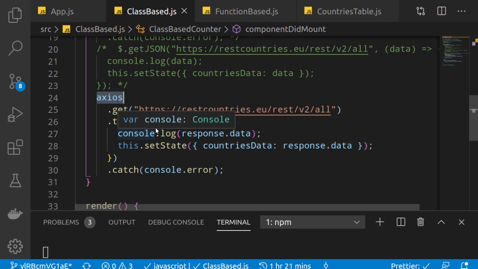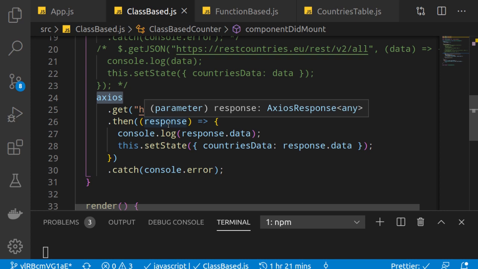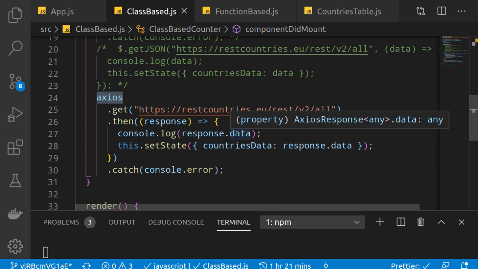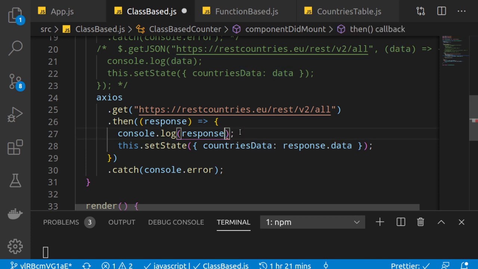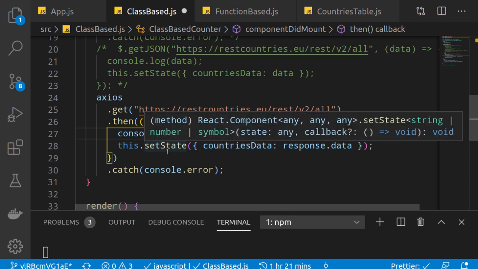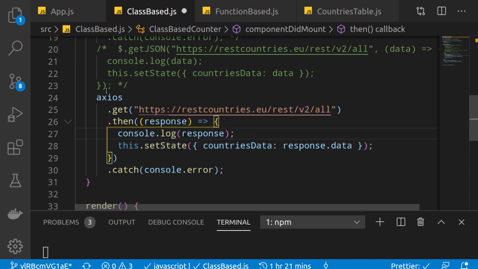And the main important thing is that in Axios we directly don't get the data. It's a JSON which contains like the status and other informations about the response which we got from the server, and within it has a key named data which contains the actual data which we want to receive. So this is the reason why I've used response.data, because within the response there are multiple things which comes. So let me just remove it and I will show you. And I'm using the data part to set the countries data. So method is same, every ways are same. The only difference is that way we are fetching this API.